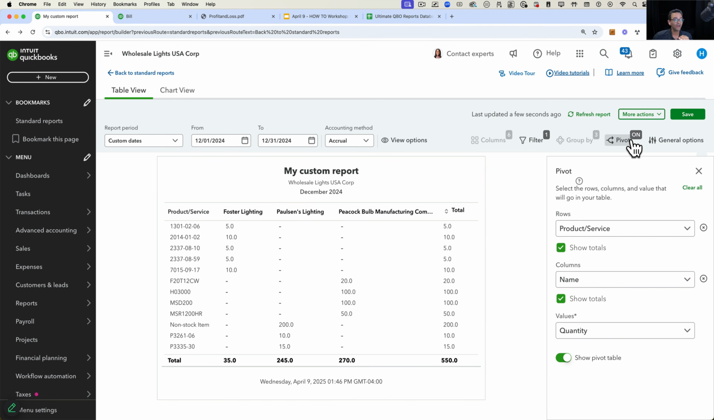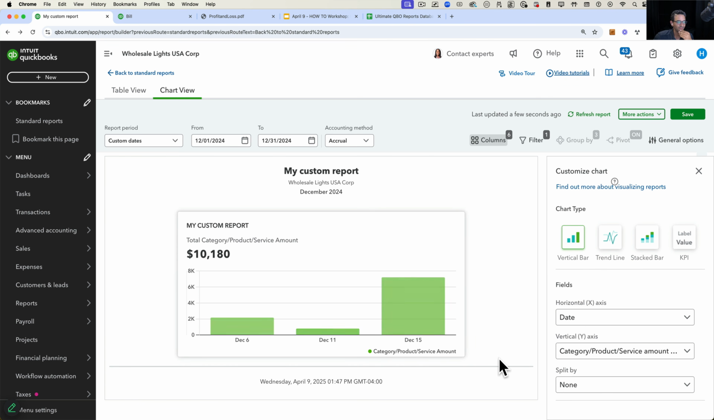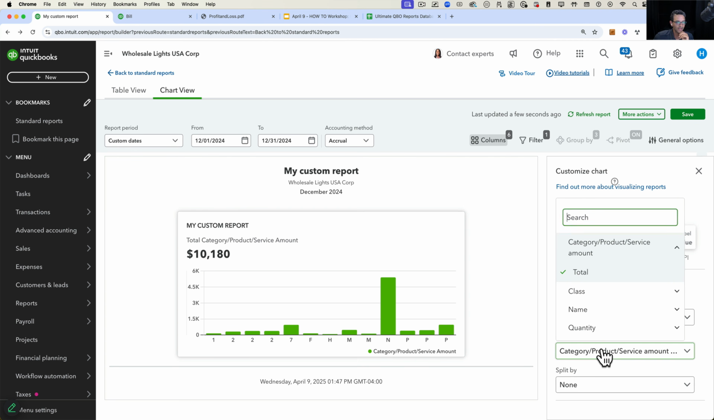And then once you master the pivot table, once you're very comfortable with what's a row, what's a column, and what value is going to be summarized or added at the end, then you can switch over to chart view. And then for the chart view, you can do all sorts of interesting things. So I can do, let's say, the product or service here. And then I can do,